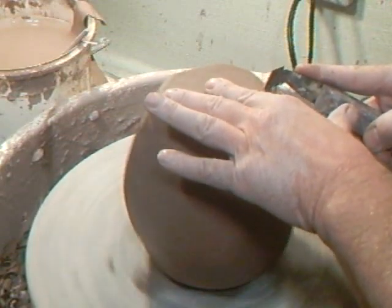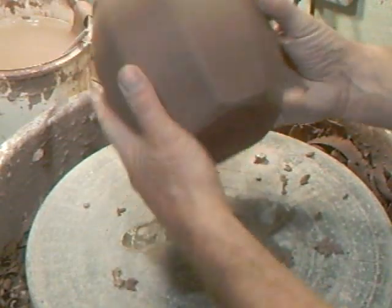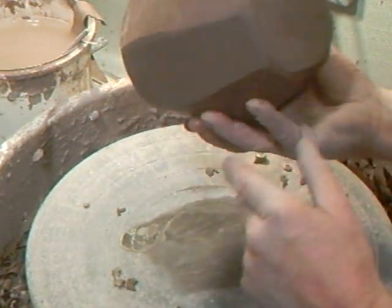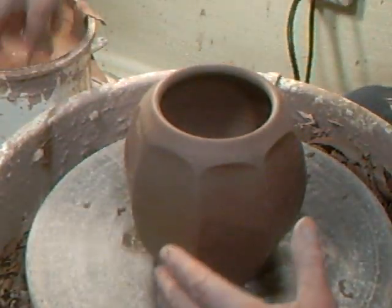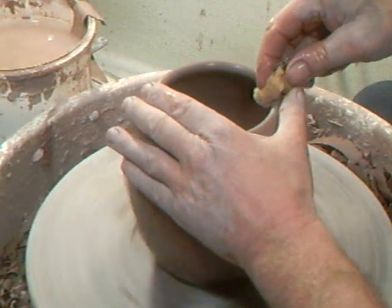This form really calls for an undercut at the base there, you see, like that. It gives it a little bit of a shape, a bit of lift, if you put that undercut around there. It's a bit squared off in shape, so it's not that easy to do. But I'm having to move on with this a little bit because time is...